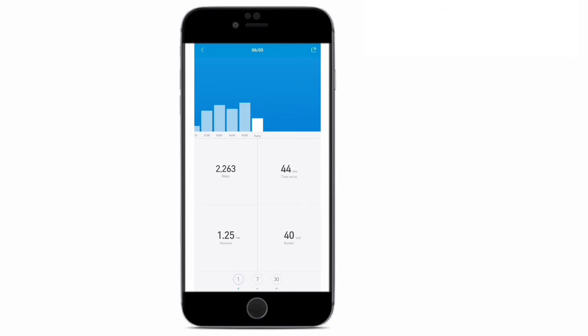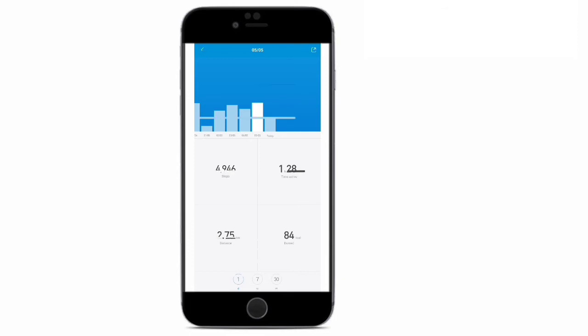So for example, if you want to check the number of steps and the calories I had burnt on 5 May, if I just drag the bar graph to 5 May, it will show me that I had traveled 4000 steps, the calories burnt were 84, the distance traveled was around 2.75 km, and the time I was active was 1 hour and 28 minutes. So guys, this is also a helpful feature if you want to keep track of the activities you perform in a day.